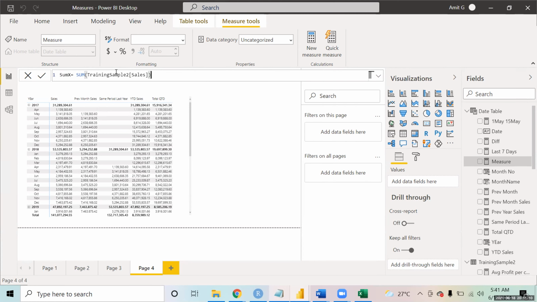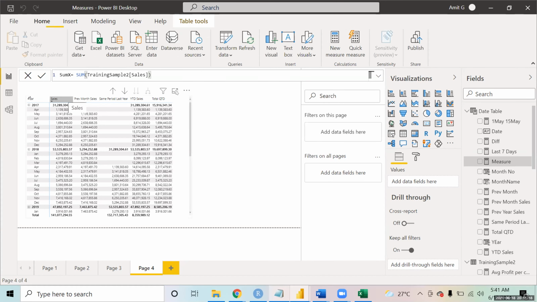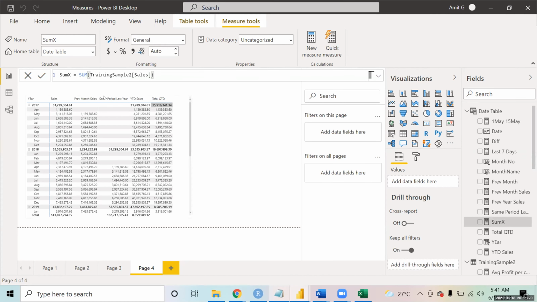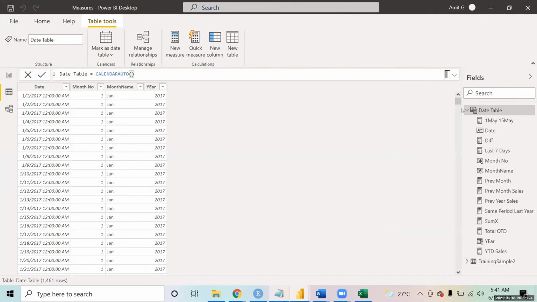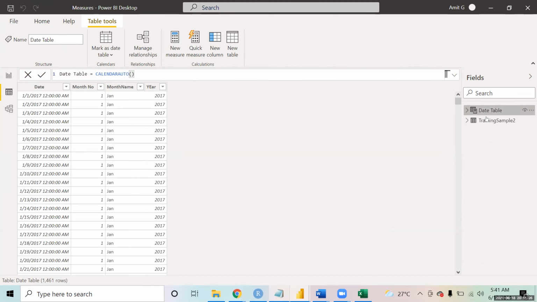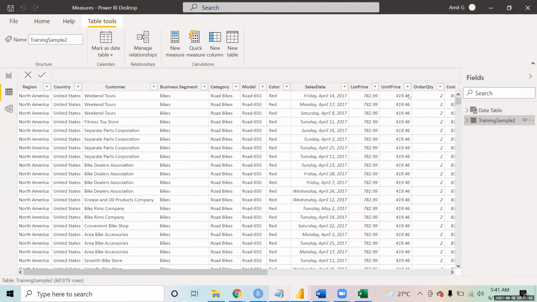But if you remember, in the data set that we were using, I actually didn't have the field of sales. I calculated it by multiplying list price into order quantity. We multiplied those two fields, list price and order quantity.